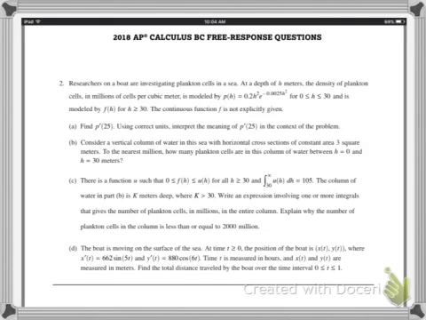Let's go to part B. Part B says, consider a vertical column of water in this sea with horizontal cross-sections of constant area, 3 square meters. To the nearest million, how many plankton cells are in the column of water between h equals 0 and h equals 30? I thought this question